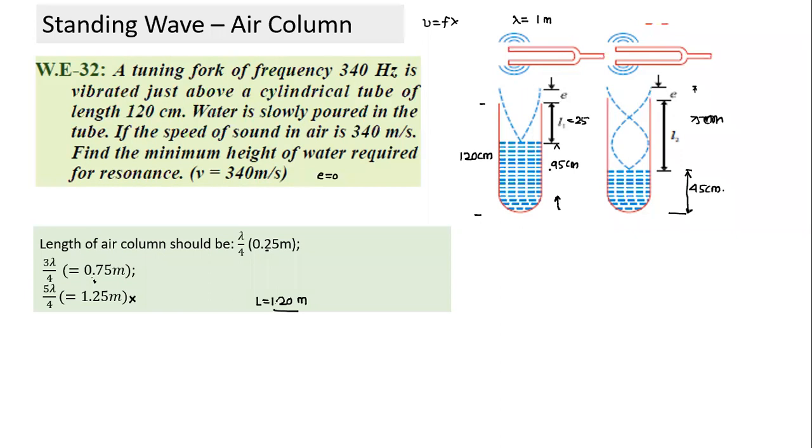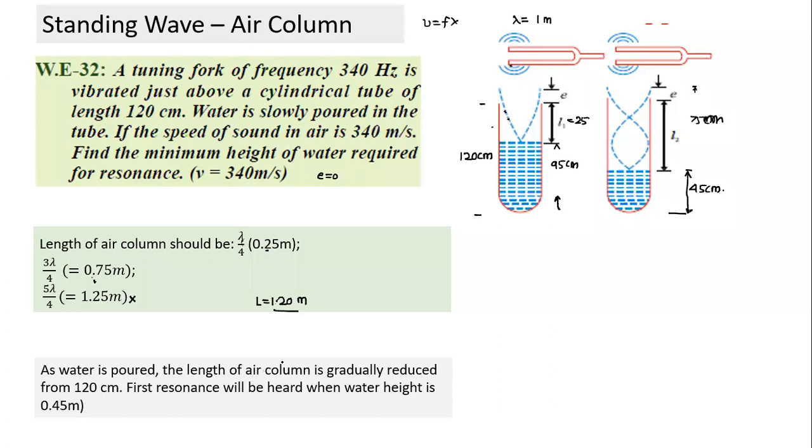So what has happened? All we have done here is calculate the lengths at which resonance will take place. In resonance columns, resonance will take place at lambda by 4, 3 lambda by 4, 5 lambda by 4. So whenever the length matches, and where does lambda come from? Lambda comes from the wavelength of the source. Then only this and this will match. The wavelength has to match. This wavelength matches with this wavelength, then only resonance takes place. The wavelength of the standing wave inside the air column, meeting the boundary condition, if that matches with the source wavelength, resonance takes place and the frequencies are equal.